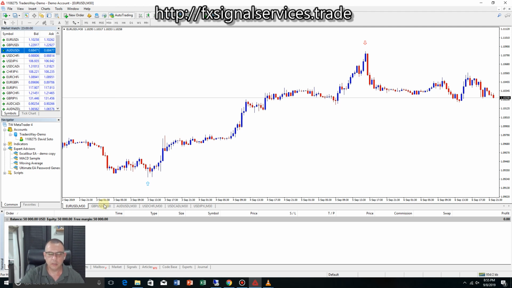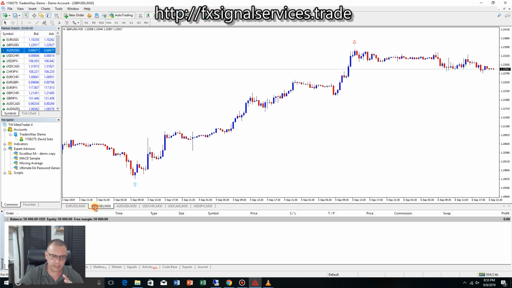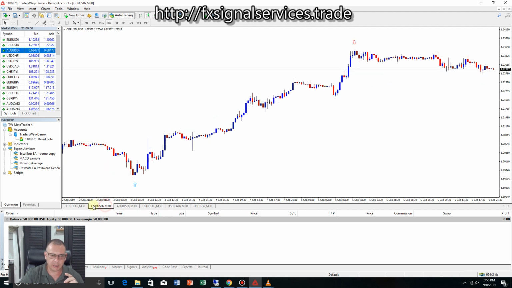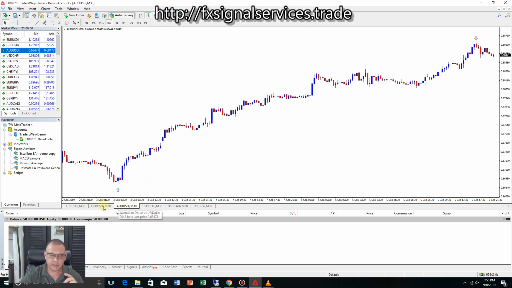So to start with analysis, I'm going to look at some of these major currency pairs: EURUSD, Pound USD, and Australian dollar US dollar. What we notice is that all three of these have steadily been going up this past week. Typically that means that if these pairs are going up, then the US dollar must be coming down. And as I predicted in last week's video, the US dollar would be going into a